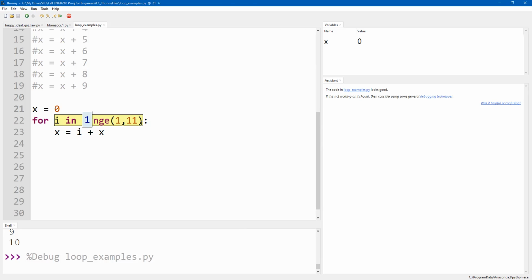All right, so first time through the loop, I equals 1. Where do I go from here? What's my next line I go to? Would it be the next line down? Yep. So what's the value of I? 1. What's the value of x? 0. All right, great. Now x equals 1. The value of x was 0. It's now 1. Great. I'm all done there. I pop back up to the start of the for loop. I is now 2.